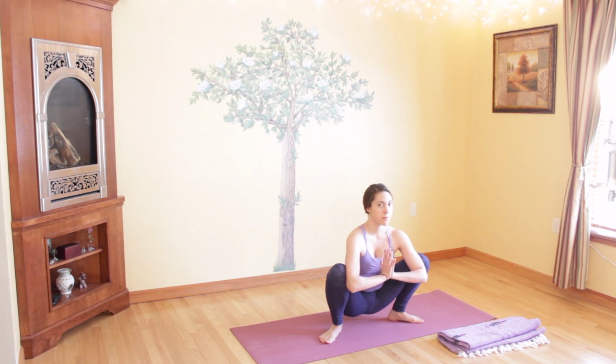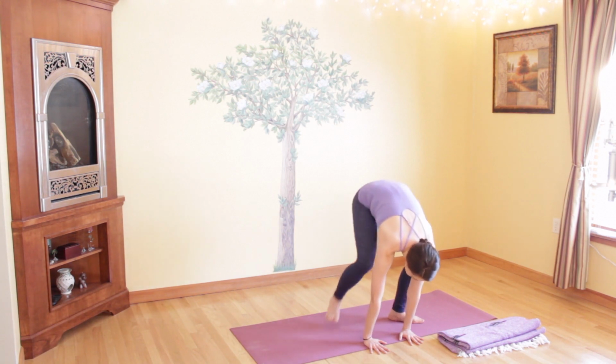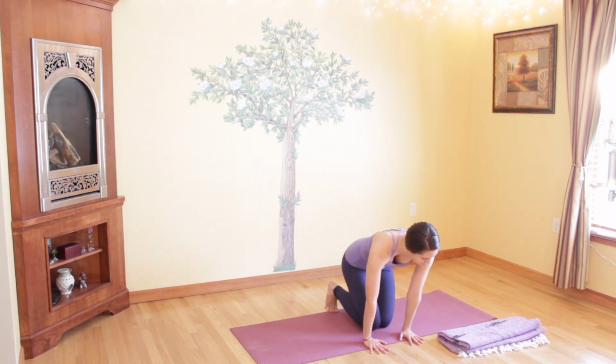If you're experiencing knee pain, just come right out of it and go back into your wide-legged forward fold. If you're feeling okay in this stretch, it's a great stretch for your hip flexors. Take one more breath here, and then bring your hands down, straightening your legs, coming onto your knees onto the